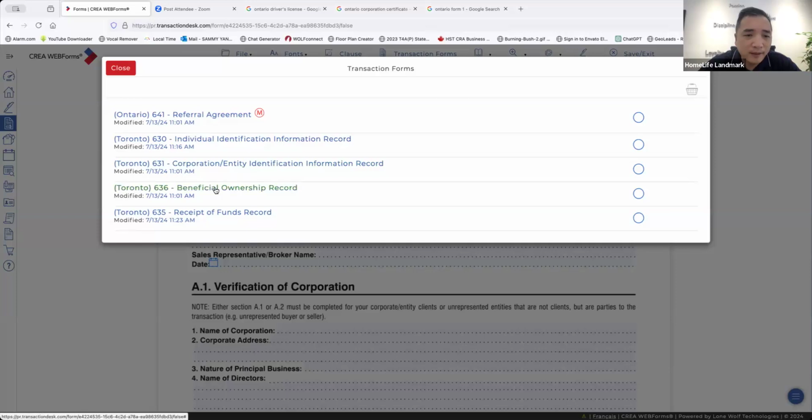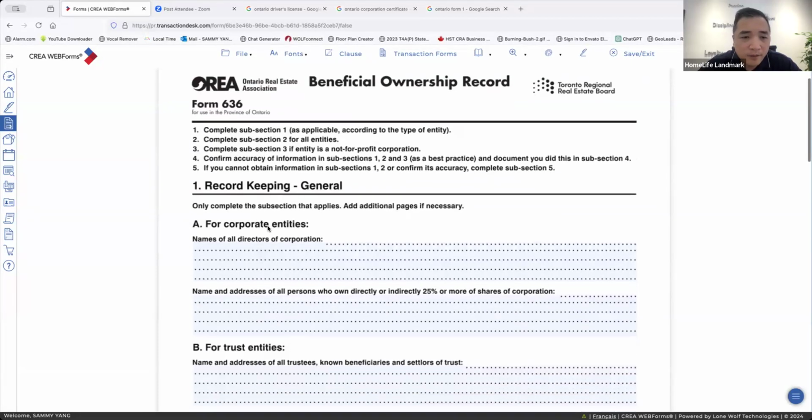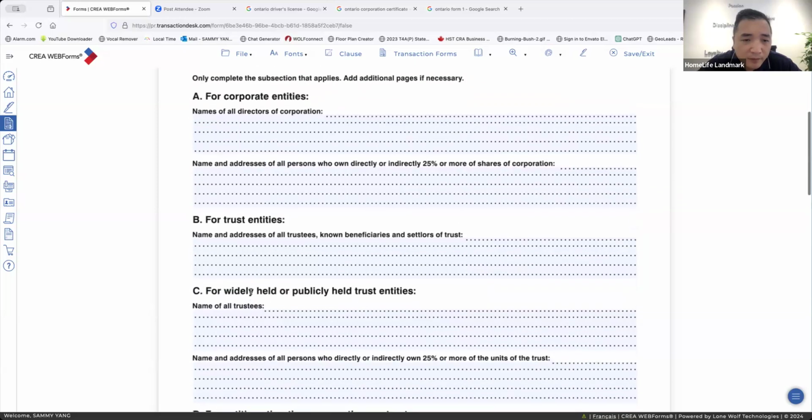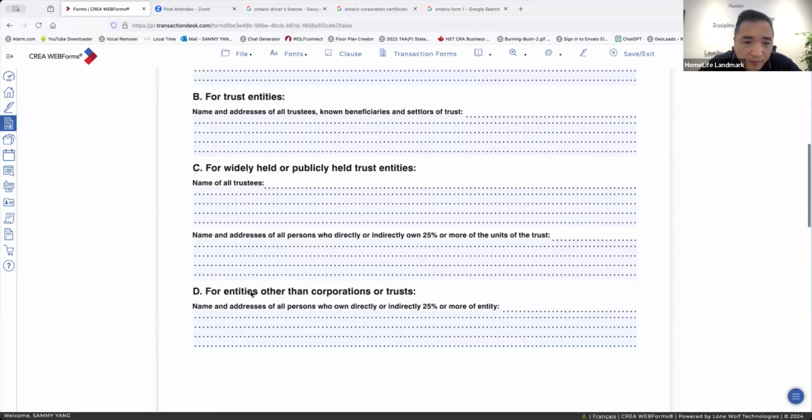Okay, so the last one is for the beneficial ownership records. This is a new form we added, I think, since last year or the year before last. So we have to know the structure of the business. For a corporation, we need to know who the directors are, the names of all the directors, and anyone who has more than 25% share. We have to write that down. The next one, for the trust, B, we can leave blank. C, for the widely held public or trust, we can leave blank. D,